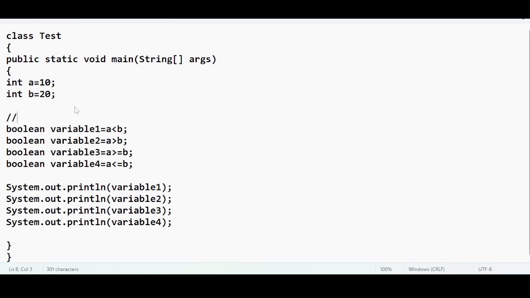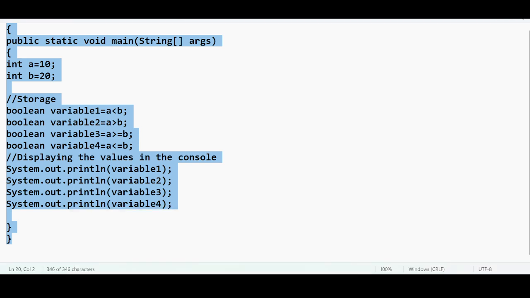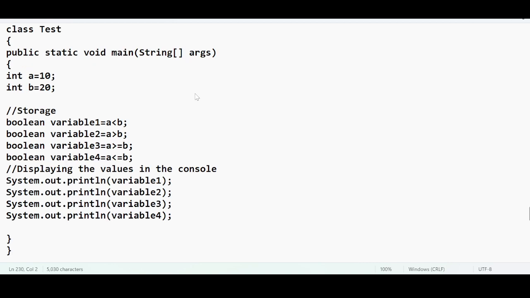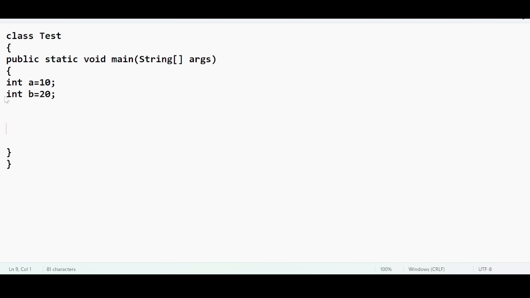Right. Now let us look into some more examples. Storage. Displaying the values. Examples. And now if I do this, now you tell me, integer c equal to,